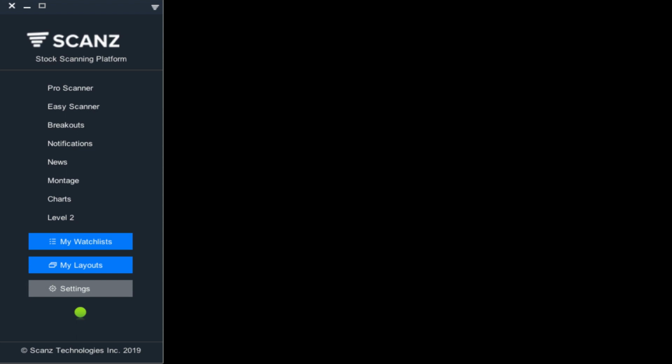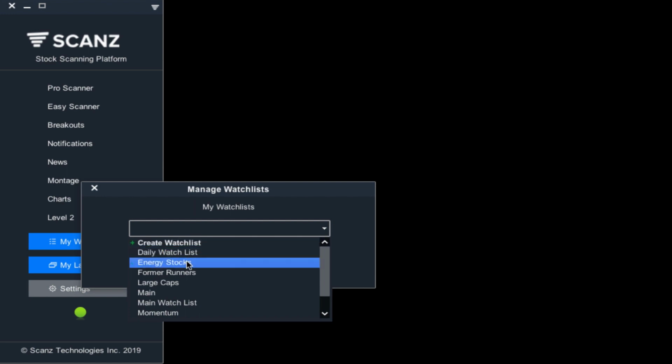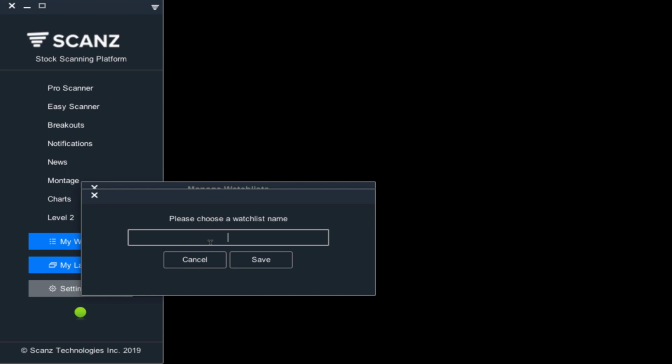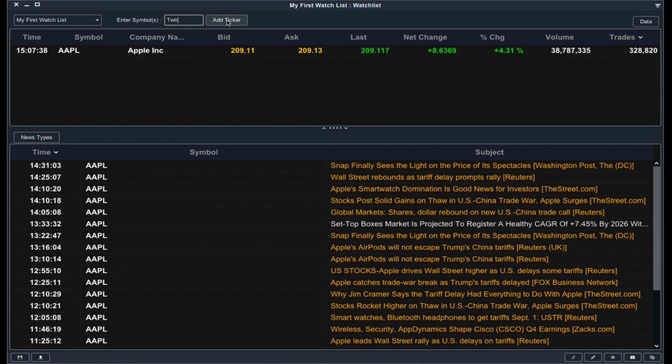Let's have a look at building a watchlist within the Scanz platform. We'll navigate to the My Watchlist tab, and we can either choose to load a previous watchlist or we can create a new one. I'll create a new one and call this My First Watchlist. Now we can see we have a blank watchlist and we can begin to add tickers to this list. Let's start by adding a few common names like Apple, Twitter,